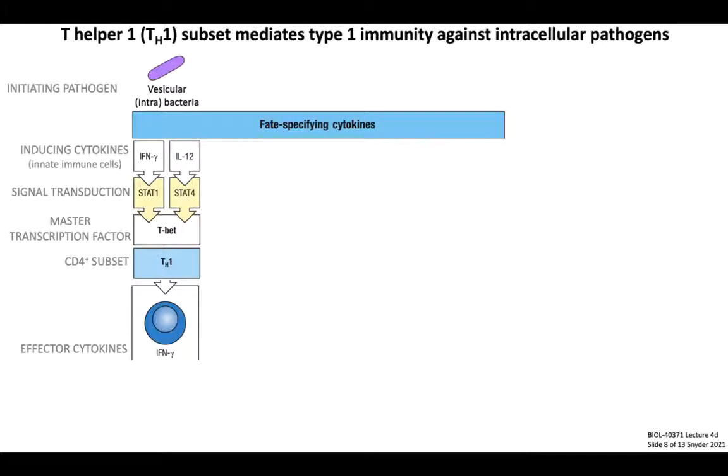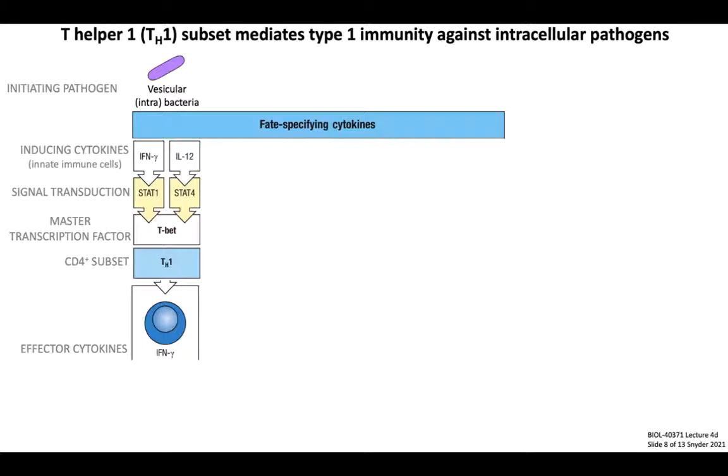CD4s can differentiate towards a T helper 1 or Th1 subset in response to vesicular pathogens, such as bacteria that replicate in intracellular vesicles. These are induced as a part of a type 1 immune response, which are typically deployed against intracellular pathogens. Professional APCs produce the cytokines interferon gamma and IL-12 in response to this, which is detected by naive CD4s during priming and induces signal transduction via STAT1 and STAT4, and these trigger the expression of the master